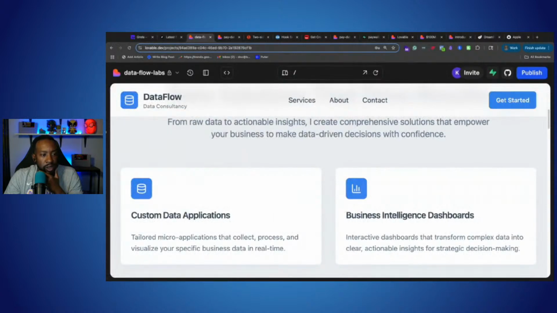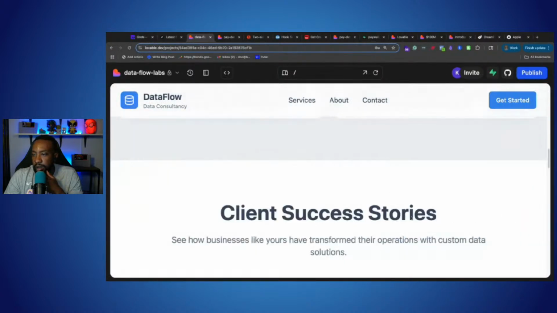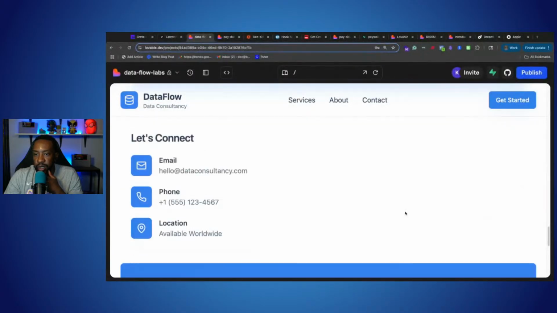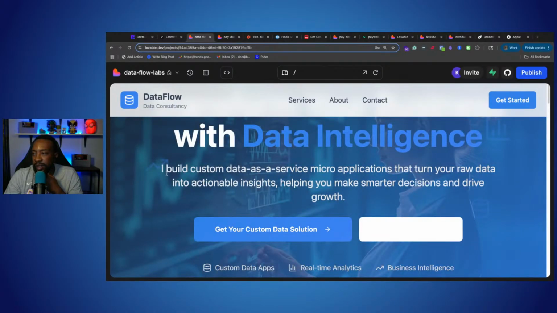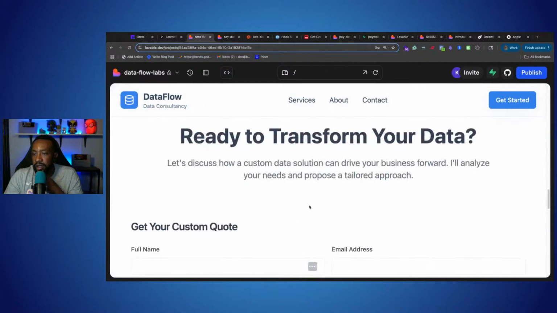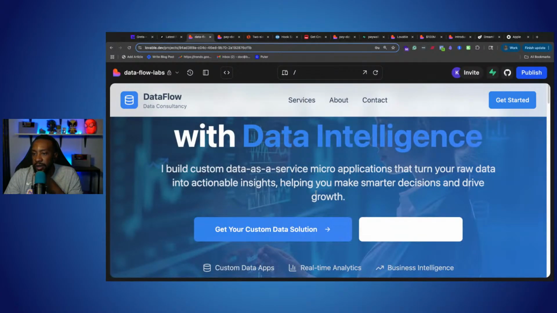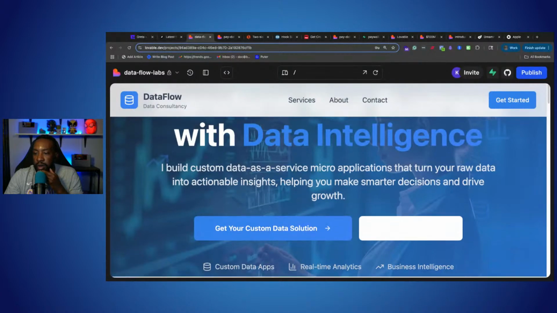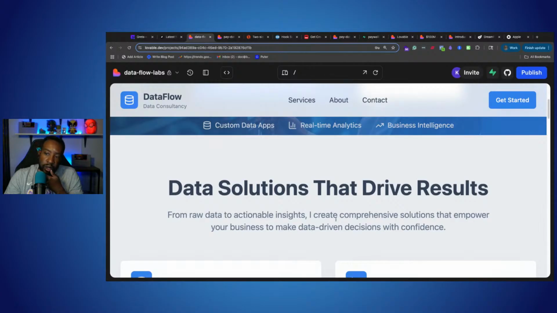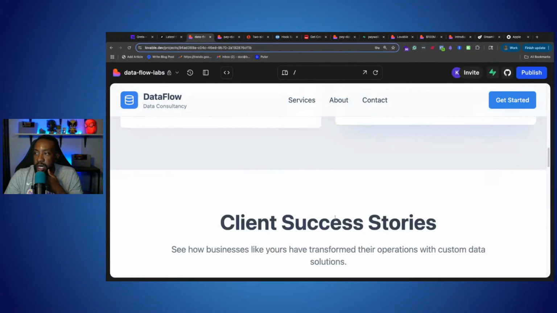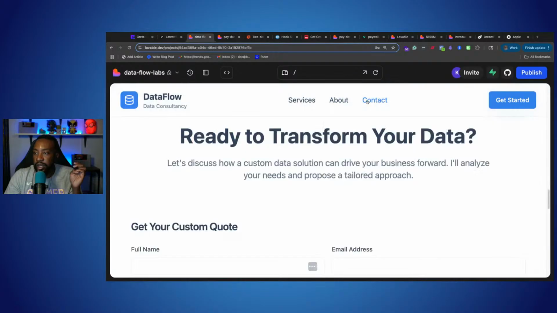Let's see. Custom application. And of course I can make this even better if I gave it fonts that I want, those kinds of things. It's doing a couple things, making some animation in the background. Dropping down, get ready to transform your data. I build custom data as a service micro applications that turn your raw data into actionable insights, helping you make smarter decisions and drive growth. Custom data apps, real time analytics, business intelligence. Interesting. Not bad. And so, again, it's about, let's see, contact